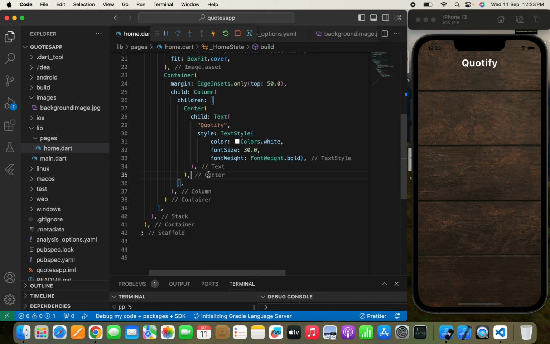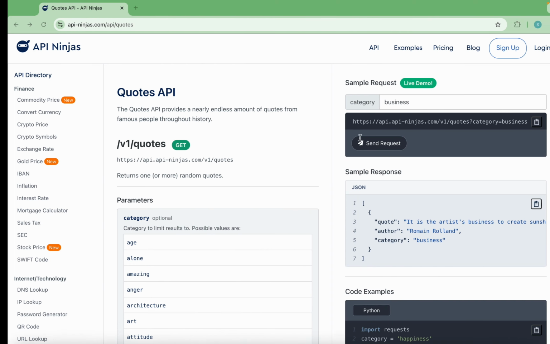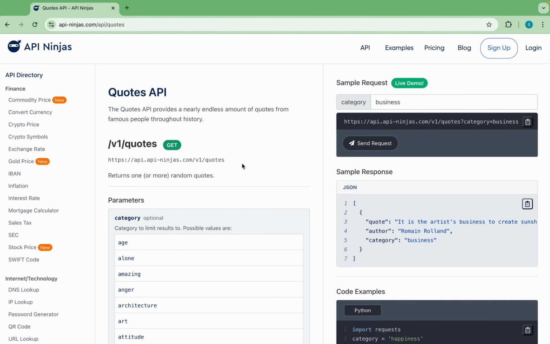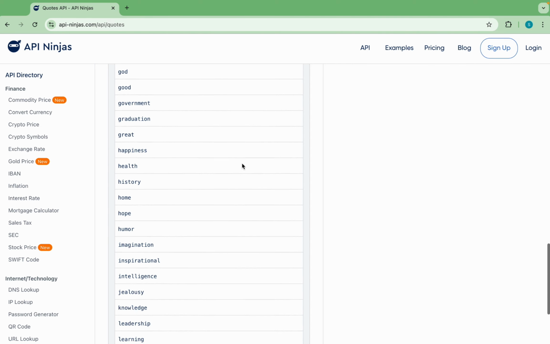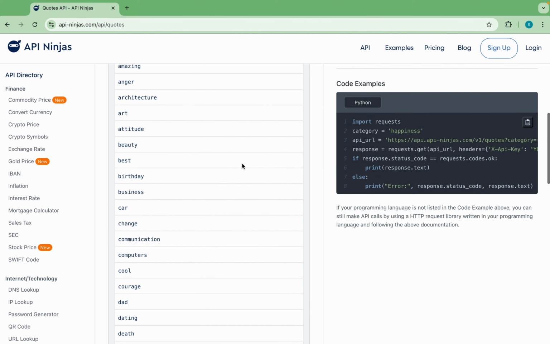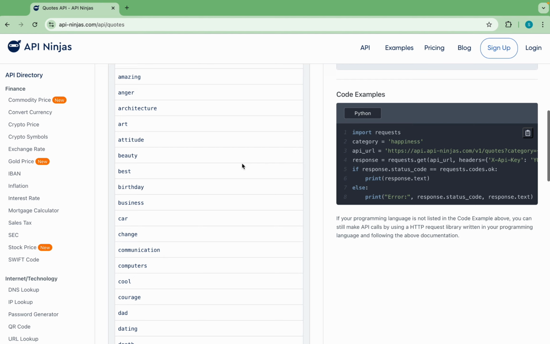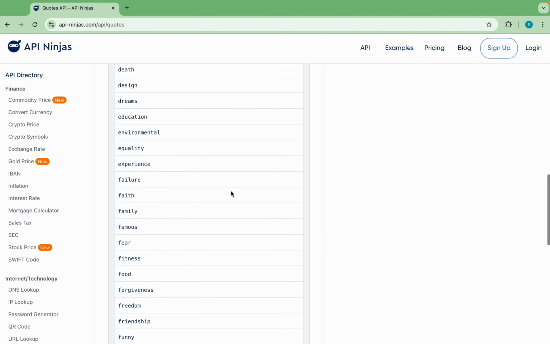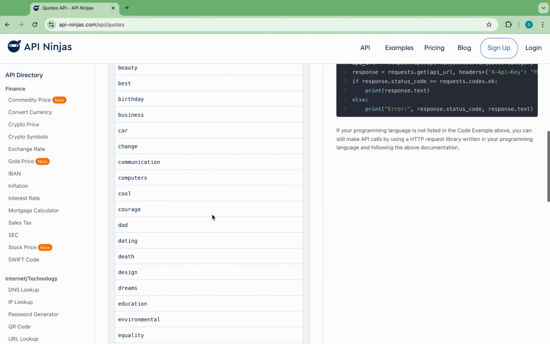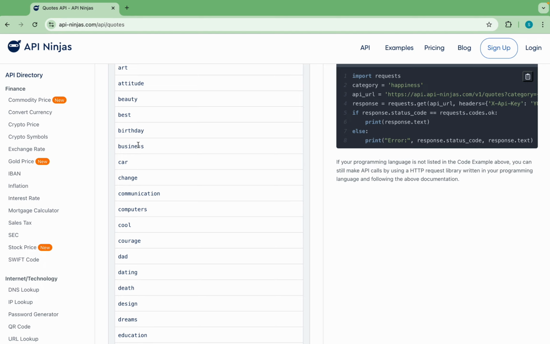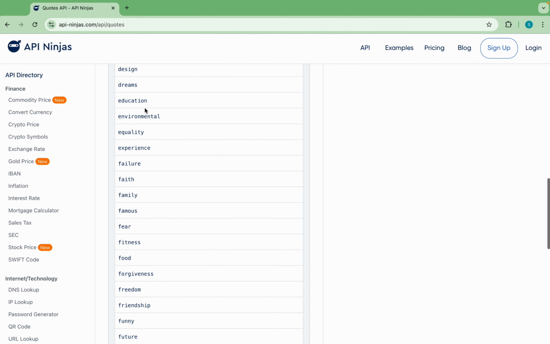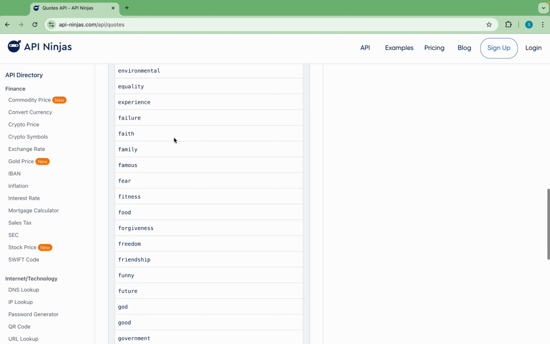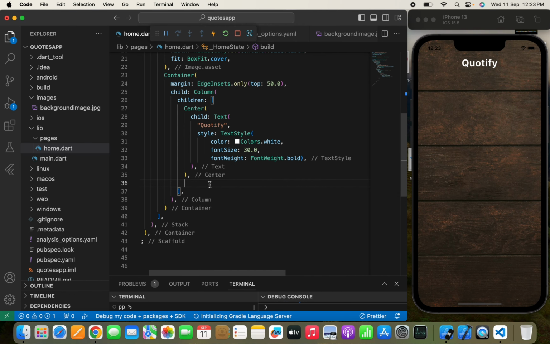So after this, now I want to show the different categories that I have told you API Ninjas provides, which is lots of categories, but I will just add 4 to 5 categories. But if you want, you can add some more categories over here. So I will choose some categories like business, or you can say amazing, education, equality. So let's add those